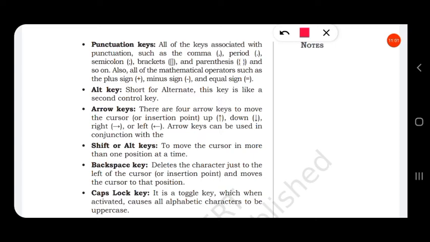Then next is the shift key. To move the cursor in more than one position at a time, we use the shift key. Then the backspace key deletes the character just to the left of the cursor and moves the cursor to that position.